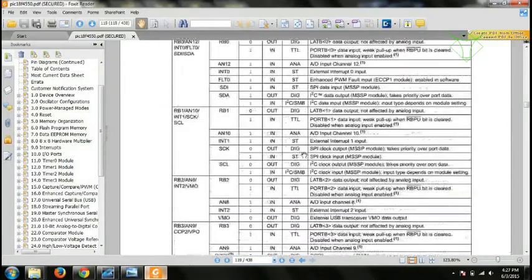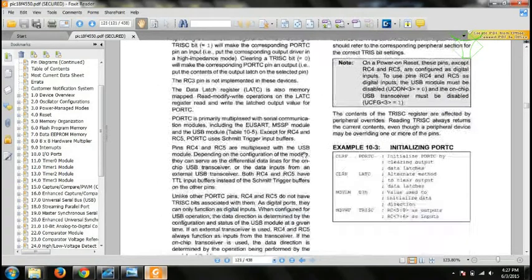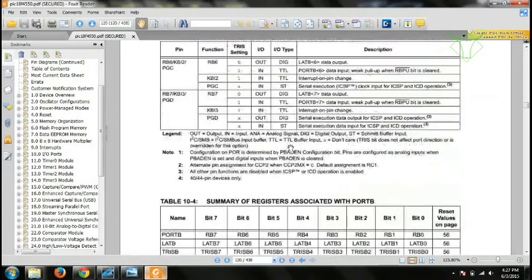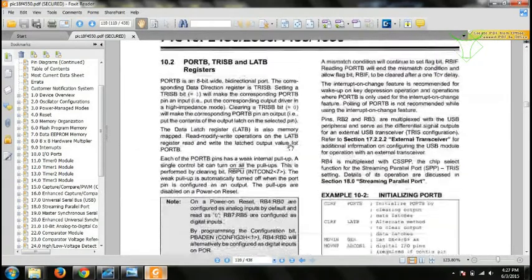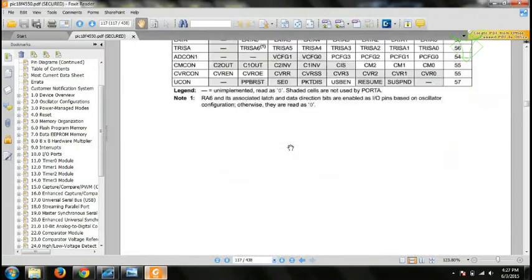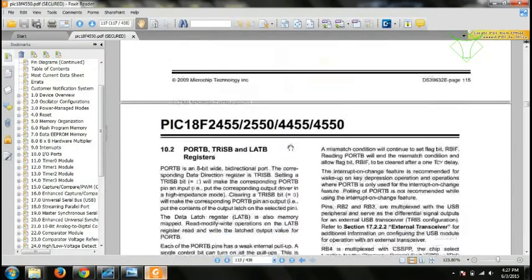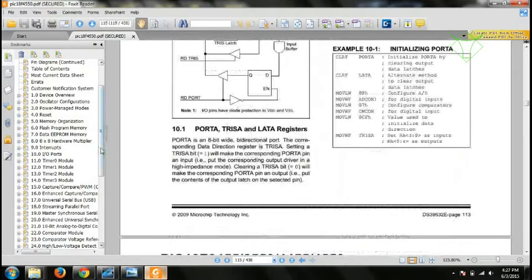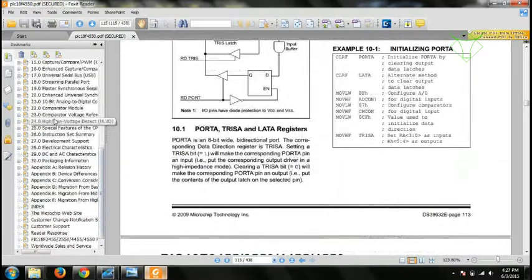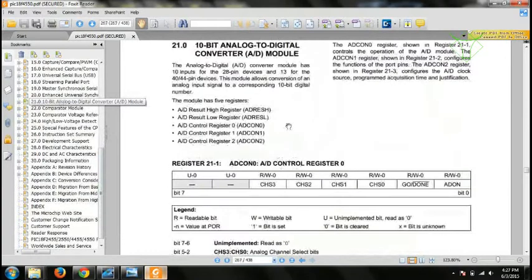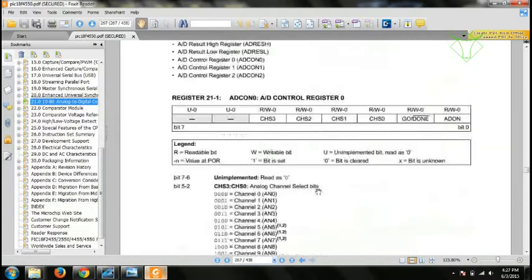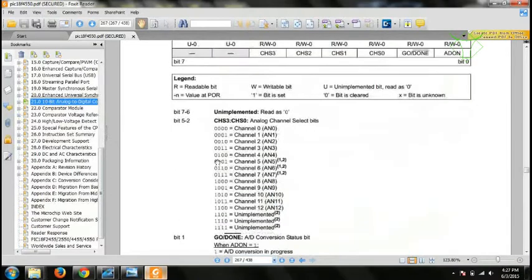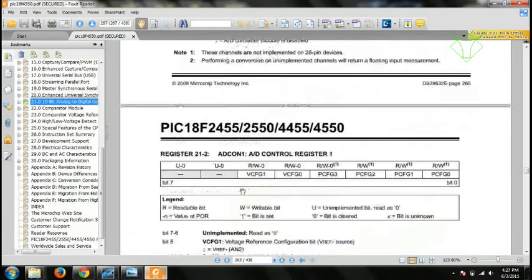There are some pull-up configurations and all, so don't worry about those things. Just read through this first page of IO ports. If you want to refer to ADC, you can directly jump to the ADC section, and it will show what the registers are and how to use them. I'll come to those things later.